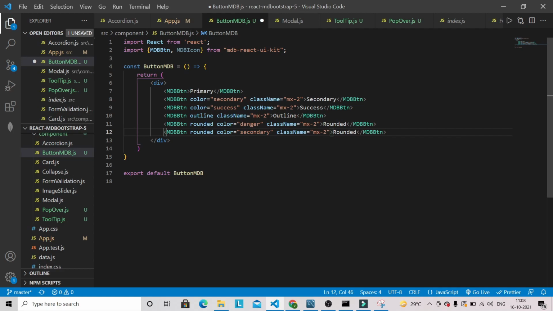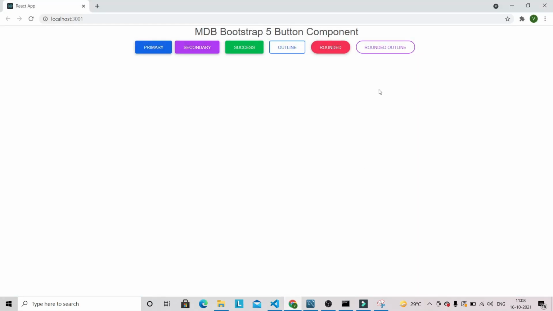This is a rounded outline, and for outline you have to specify one prop here. Let's save this one and go into the browser. Now you can see that this is a rounded outline.